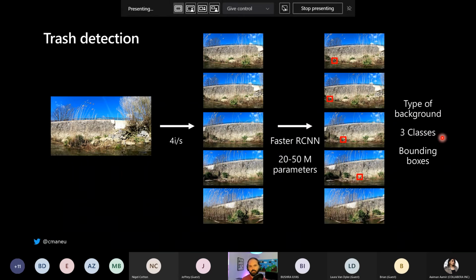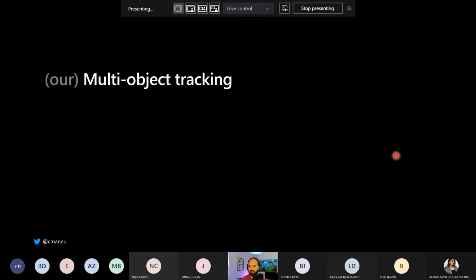Right now we have three classes. We are in the process of changing this. The 3 classes that are detected by our current AI are bottle of plastic, can, and fragment of plastic, and the bounding boxes. And when we have done that, we run our multi-object tracking, which is basically